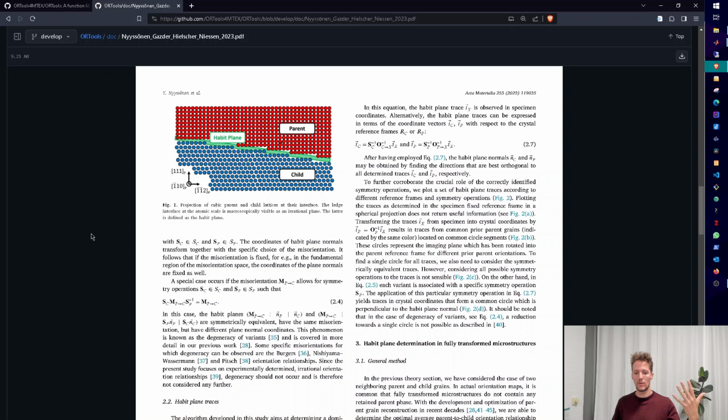In this schematic, we can see we have the parent phase in red and the child phase in blue. Of course, those phases have different crystal lattices, they have some orientation relationship, and they also have an interface with each other, where the two different crystal lattices meet. Usually those interfaces have some kind of close packed relationship, so that in this case the close packed 110 plane is parallel to the 111 plane